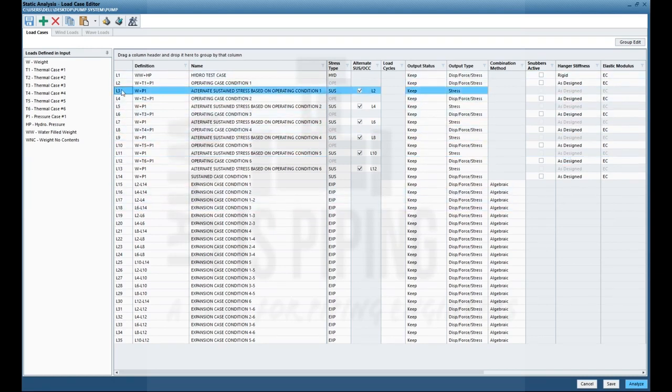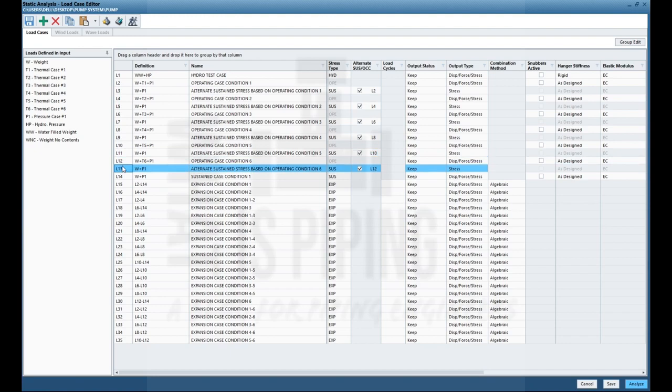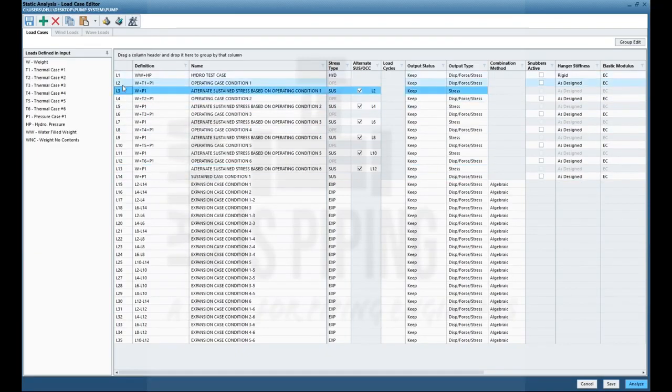Now W plus P1 as mentioned in L3, L5, L7, L9, L11 and L13, these are all sustained load cases, or hot sustained load cases. This means that in the T1 temperature condition there may be some supports that are lifting or not taking any load.